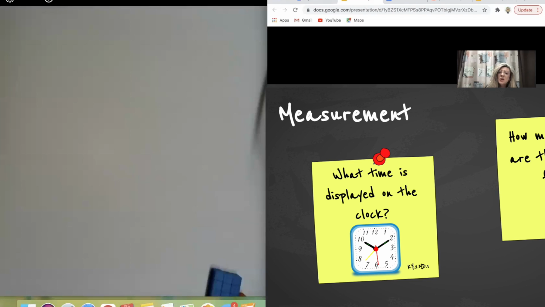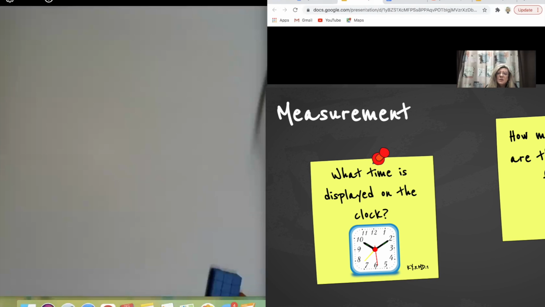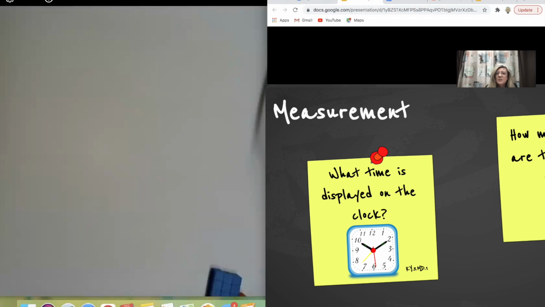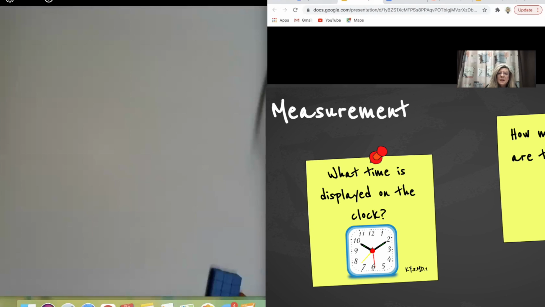Or you can just show them the clock, have them show certain times on a clock, and then show them what it would look like on a digital display as well and have them match them up. You could probably do flashcards, little cards that they turn over and match up, matching games and that type of thing. So that's just one of your standards, being able to tell and display time.